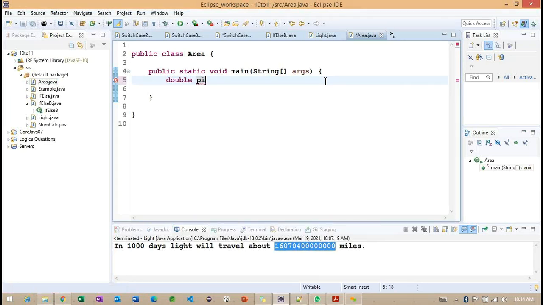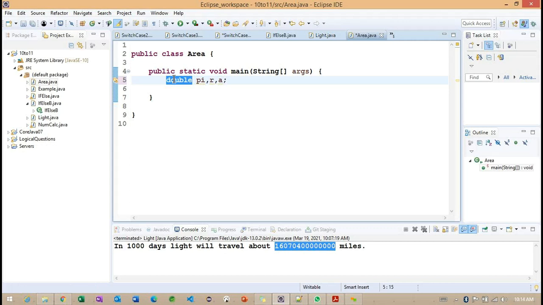The double data type has three variables. What are the three variables? The first one is pi, the second one is r, and the third one is a. So how many variables are we defining here? Three variables, and all three have the data type double.